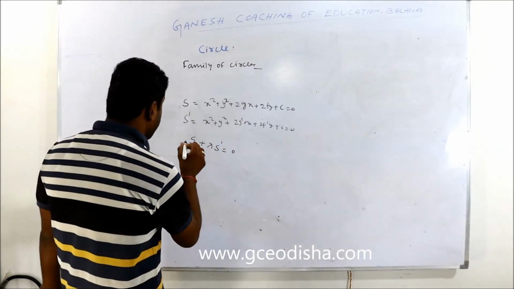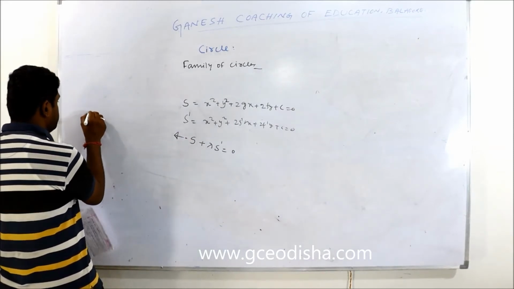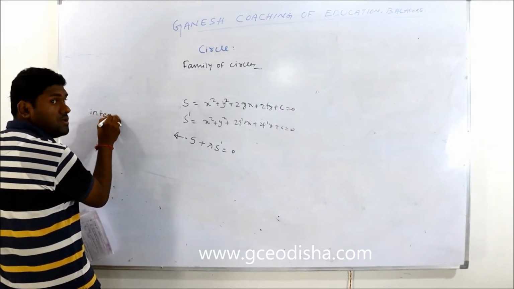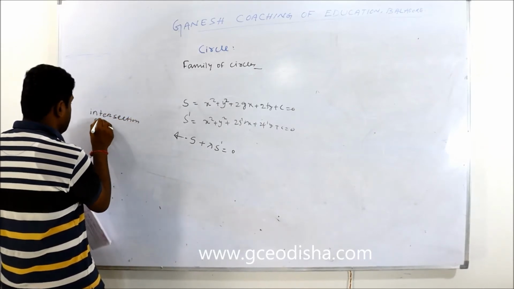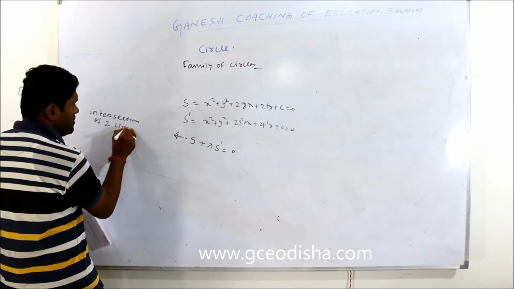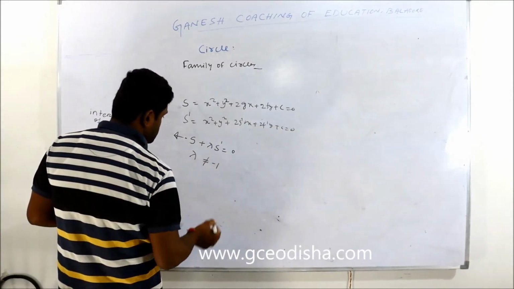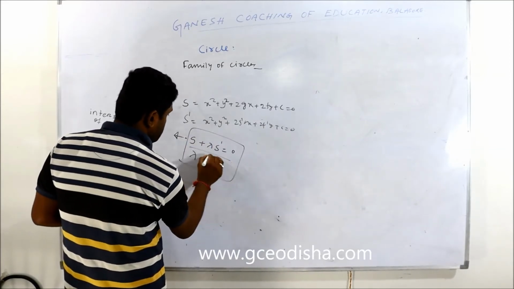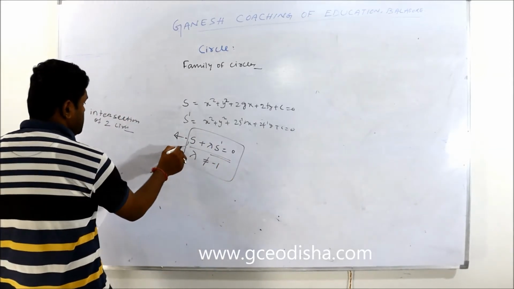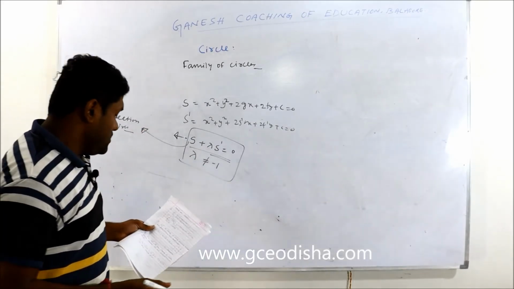This is the intersection of two circles. This equation generally denotes the intersection of two circles, and lambda is not equal to -1 always. Then only this equation is valid. This is the equation for the intersection of two circles. Okay,